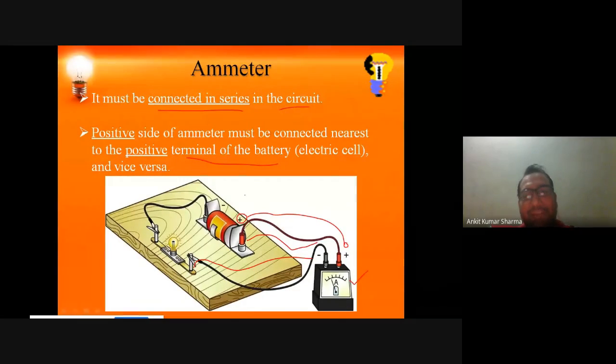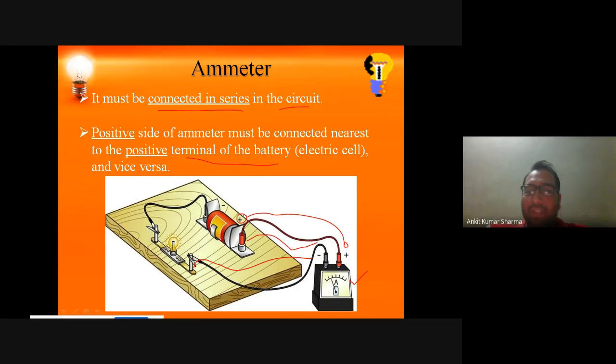Okay, and vice versa. तो एमीटर एक ऐसी डिवाइस है जो करंट मेजरमेंट के लिए काम में आती है, सर्किट के अंदर कितना करंट फ्लो हो रहा है, उसको मेजर करती है। ये कैसे कनेक्ट की जाती है सर्किट में? इसको हमेशा कनेक्ट करते हैं सीरीज में। It is always connected in series in the circuit. वोल्टमीटर को पैरेलली कनेक्ट करते हैं, एमीटर को सीरीज में कनेक्ट करते हैं। ठीक है।